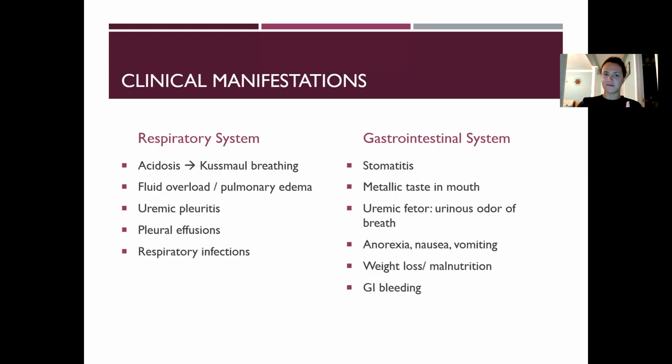The same thing will happen, I'm going to skip here, in the urinary system. We can have something called uremic pleuritis occur, and that's that lining of the lungs. Just like in pericarditis, the lining of the lungs can become inflamed from the kidney failure. In the respiratory system, we'll also see acidosis, the metabolic acidosis that the patient is in from CKD. We'll see the patient try to compensate with Kussmaul breathing. So that's an increased rate and an irregularity to the rate and pattern because we're trying to breathe off CO2. So that's why that will result.